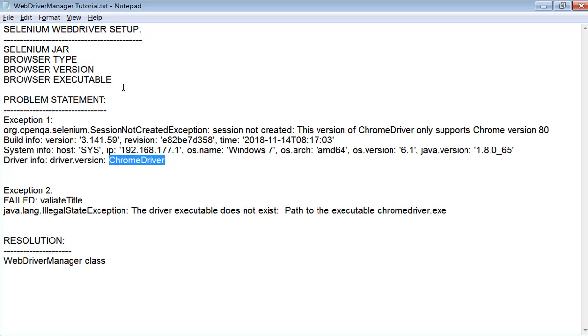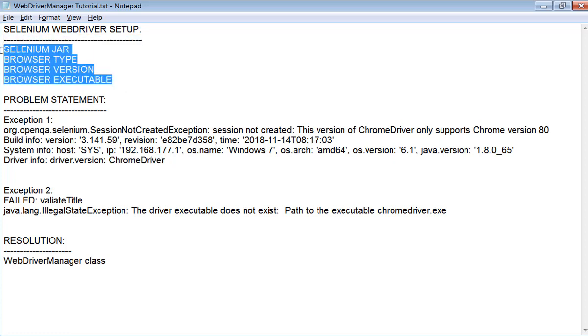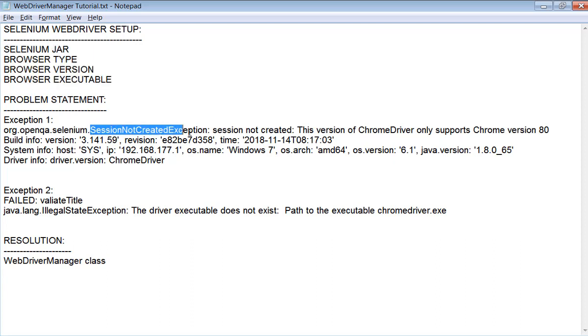So in these three different combinations, Selenium jar, browser version, and browser executable file, we might get session not created exception due to different reasons. The browser version is the latest, the executable file is an older version, the Selenium jar is the latest, and we get session not created exception. Similarly, there is one more exception in Selenium, that is illegal state exception.